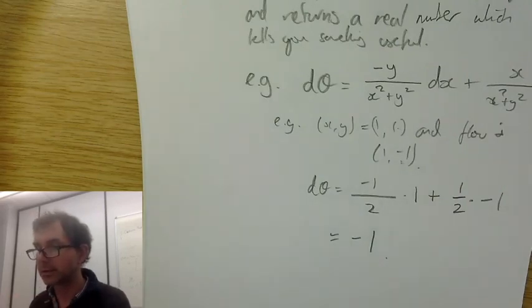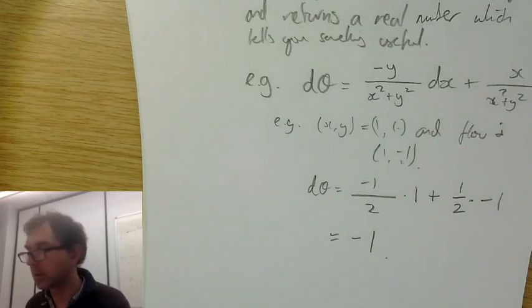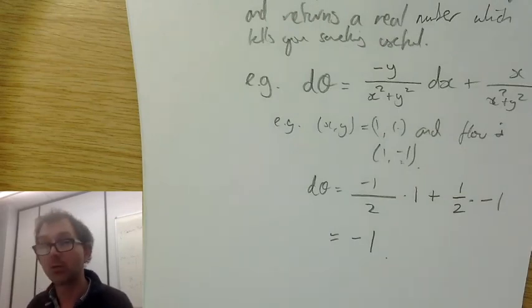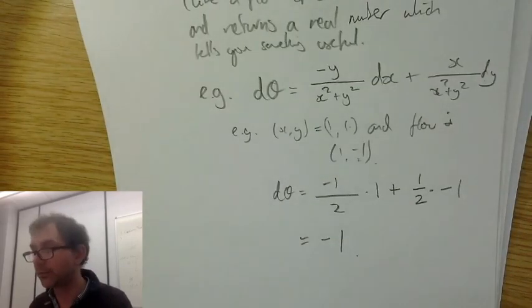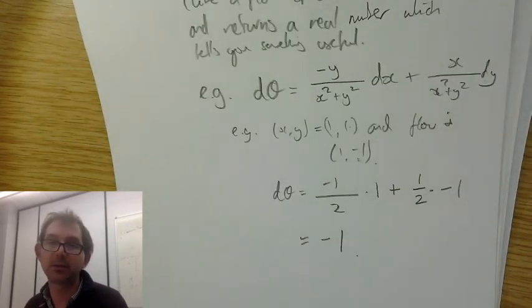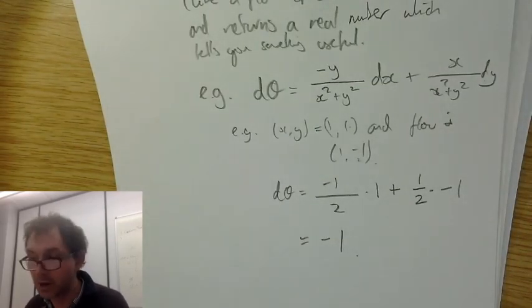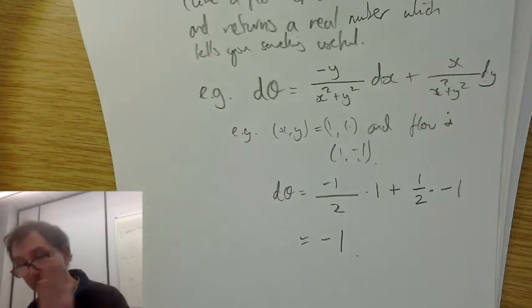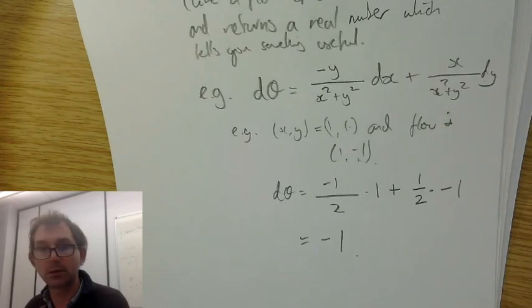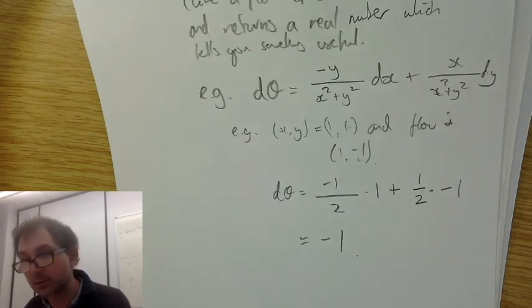So these are the sorts of ways I think are helpful to think about it. We're going to be looking at taking these forms and integrating them over curves. That will give us interesting information, like, for example, the change of angle. And in order to do that, we're going to need to parameterize some curves. That will be the content of the next